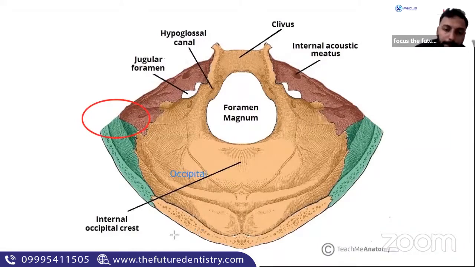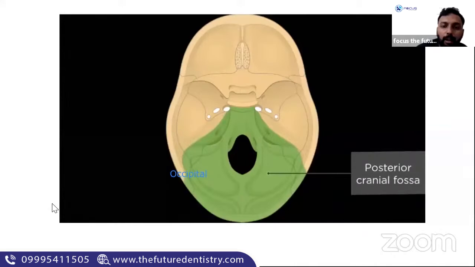Okay. Mastoid is not a separate bone, it's a part of temporal bone. So in this picture, we can see occipital as light brown colored, slightly darker brown colored is the temporal bone, and the green colored is the parietal bone. Okay, clear with it? So we will go back to the previous slide now. I just want you to have an orientation of which part we are talking about. So we are talking about this part. Okay, clear?